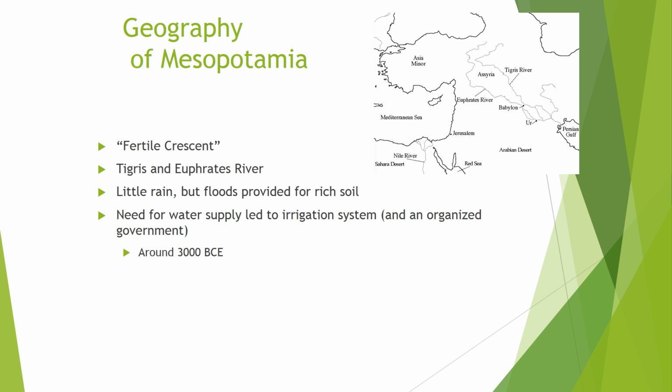This area had two rivers, and so that kind of creates a parallel zone of agriculture. You live in the middle of it, you're good to go. You've got food on both sides. You live on one side of it only, that's still fine, because you have all this access to food and land. Lots of water is needed to supply the areas in between and outside this area, and so that once again equals irrigation, and irrigation once again equals an organized government system, and that starts to occur right around the time of 3000 BCE.